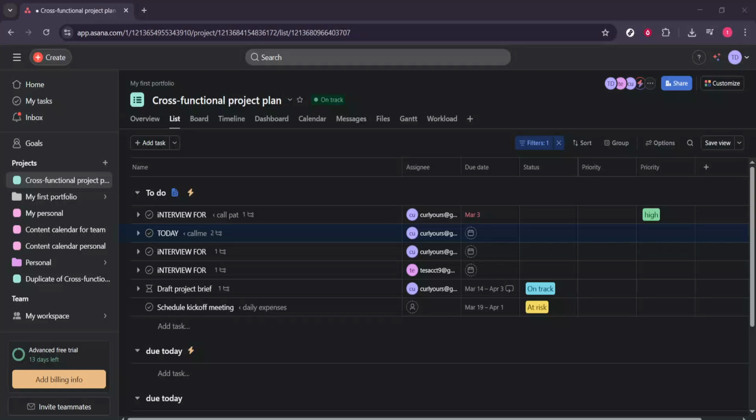In today's video, I'm going to teach you how to undo in Asana. If you've ever deleted a task in Asana and felt that immediate panic, don't worry. There's a simple built-in way to reverse that action as long as you act quickly. I'll walk you through a quick demo so you know exactly what to look for and how to bring a